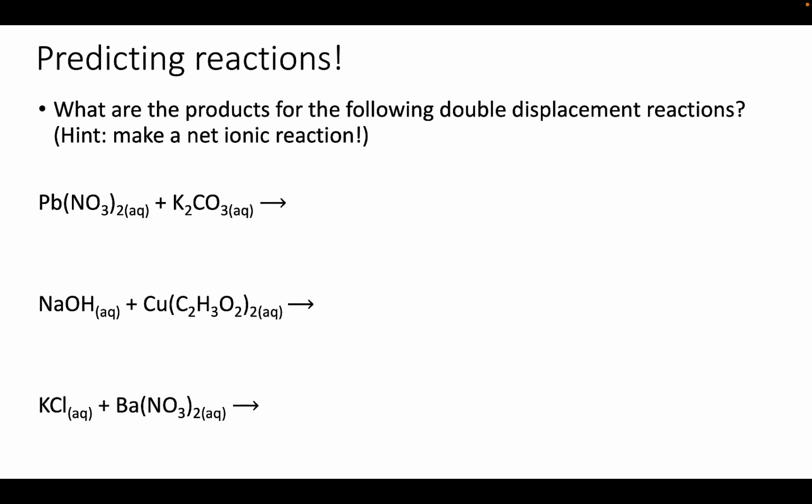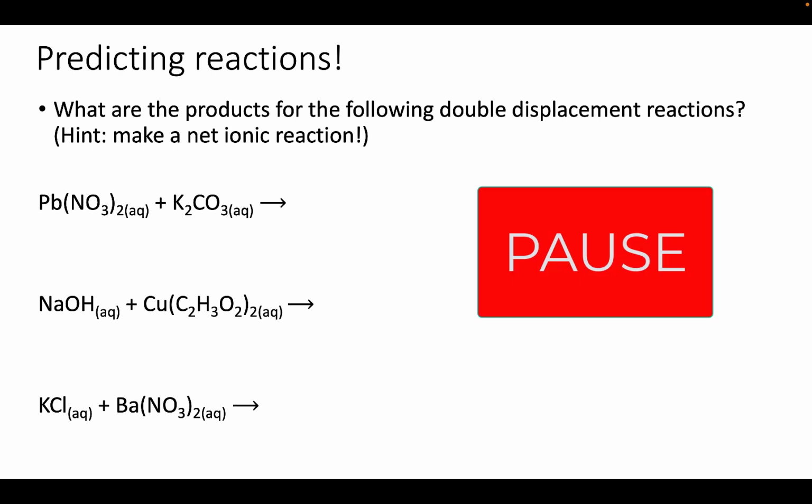Okay, so with this in mind, let's think about the different reactions we have looked at so far and think about what are the products for these double displacement reactions. And a good way to think about this is, well, what are the net ionic reactions? Because that can really help, once we've predicted the products, determine whether a reaction even occurs or not. So I recommend you pause the video here and go ahead and see if you can